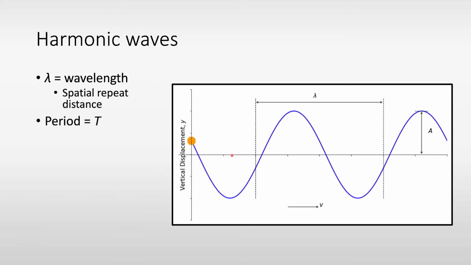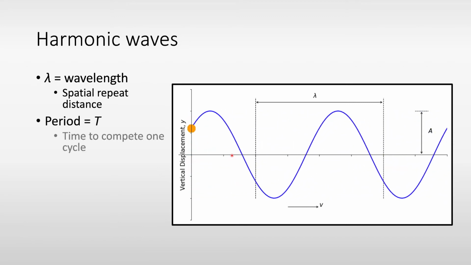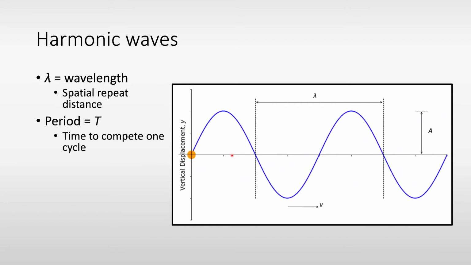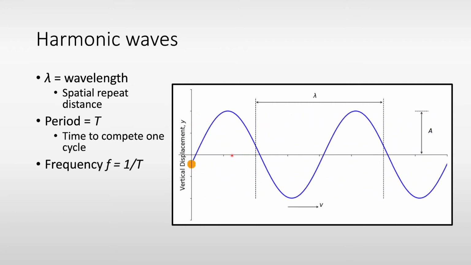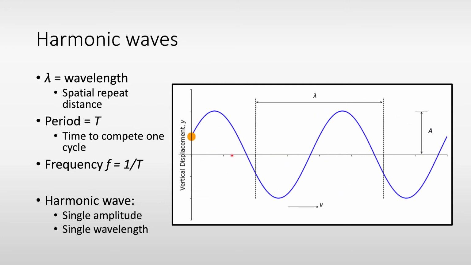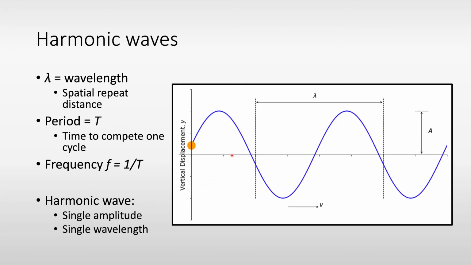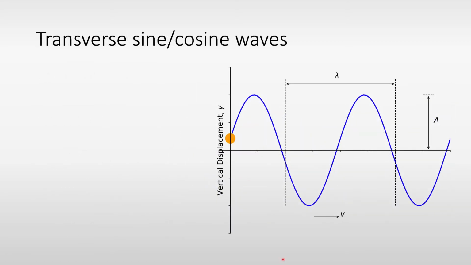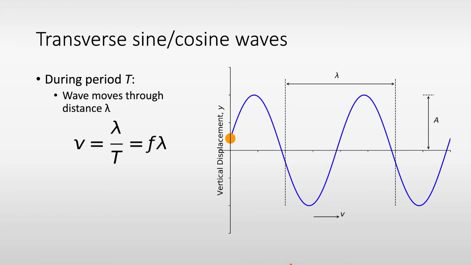of this wave, the period T, so the time it takes for that wave to complete one cycle, and the frequency of the wave, which is simply 1 over the period. In a harmonic wave, we have a single amplitude to consider and a single wavelength, so it is a simple wave to look at. We're going to consider transverse sine and cosine waves because, as I say, these are the simplest to consider. During a period T, the wave moves through its distance lambda, so we can calculate the phase